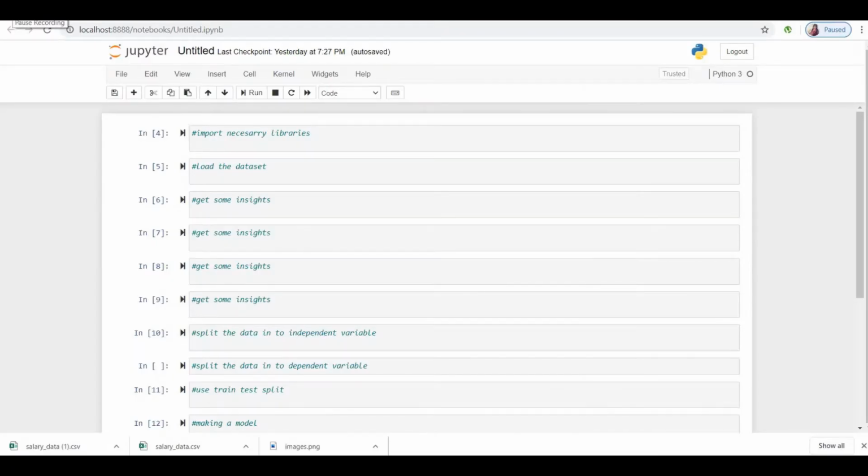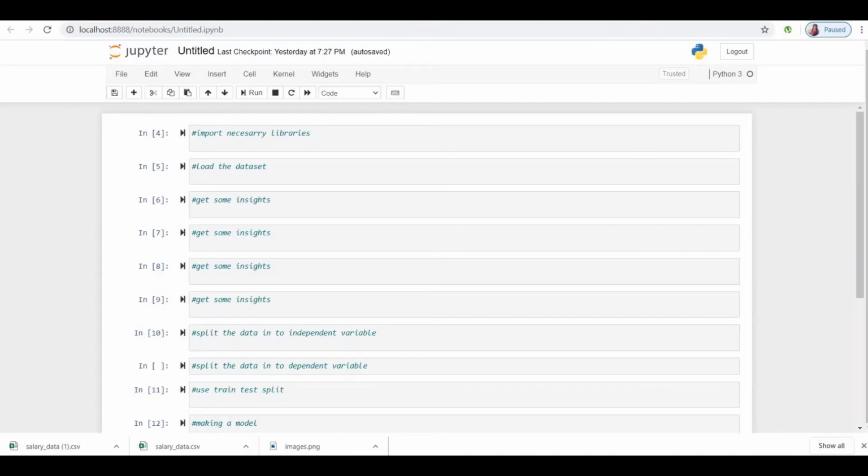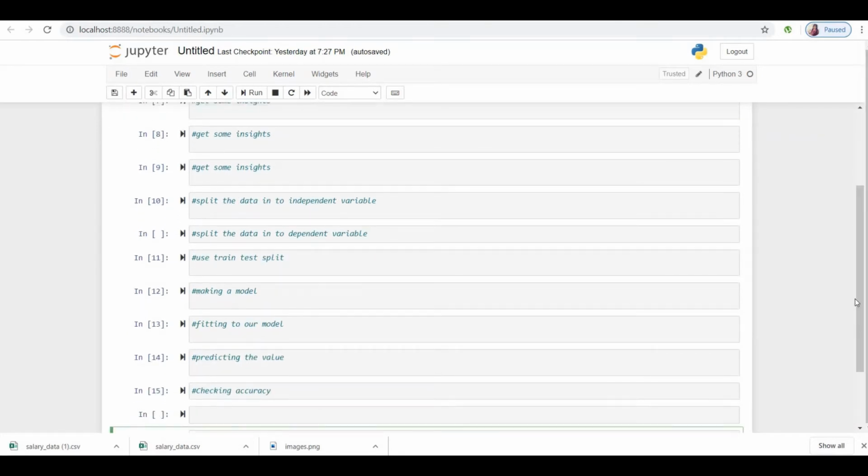Let us understand the series of steps that we will be going through. First of all, we have to import the necessary libraries, like NumPy, Pandas, sklearn for the manipulation. After that we will be loading our dataset, that salary dataset, and we will get some insights, some observations from the dataset, and after that we will split our dataset into independent and dependent variable, and then split our dataset into training set and test set.